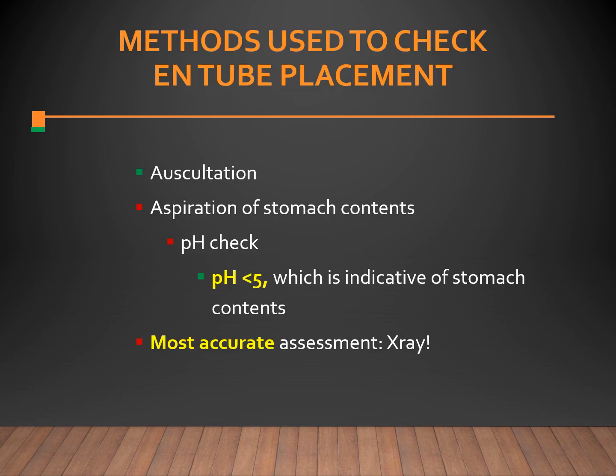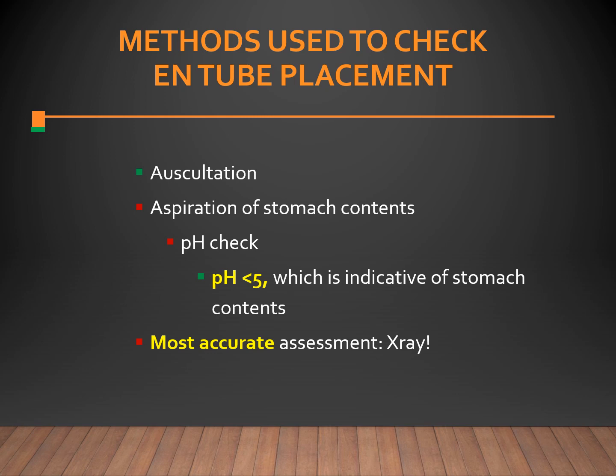Checking the placement, there's auscultation, which is a big one for NG tubes. Usually with J tubes and G tubes, you don't really need to check the placement. You just need to look at the insertion site and look at the measurement. If you're going to physically check the placement, you can do auscultation, where you put a little air in your syringe, put on a stethoscope, put it over the stomach site, and push that air in, and you should hear a nice little whoosh sound of the air being moved in. If you don't hear it, don't panic. Try a couple of times.